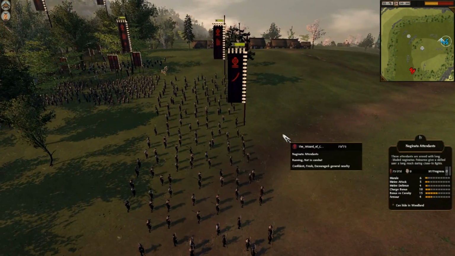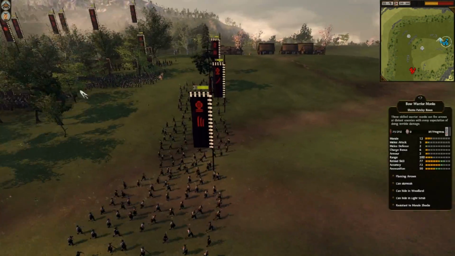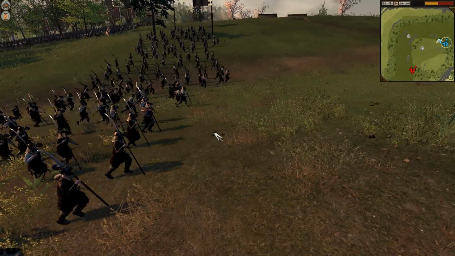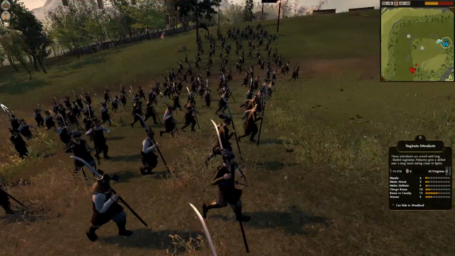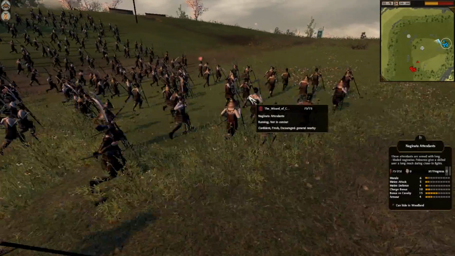So sometimes people will bring cavalry to try and capture shrines. Sometimes people try and use their whole army. What I did was I brought a semi-versatile force here, but it's also very cost-effective. So for the price of a Yari Cav, which is $850, and then these Naginata attendants were $150 each, so